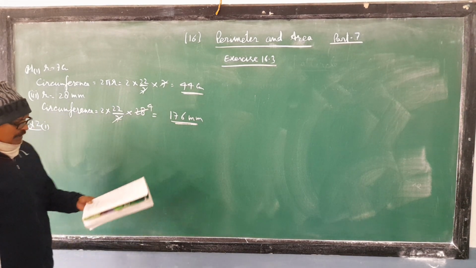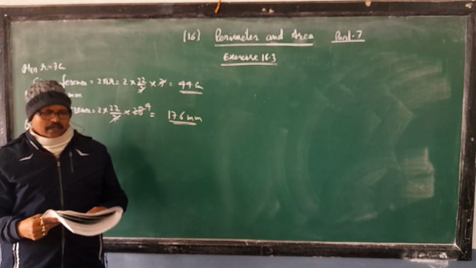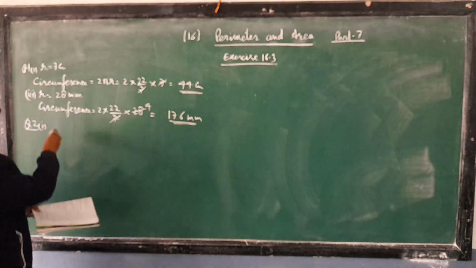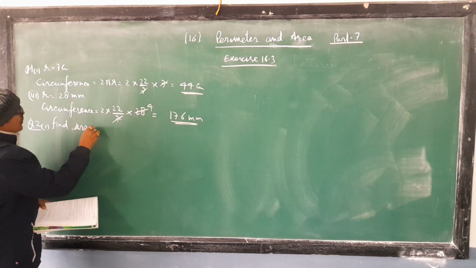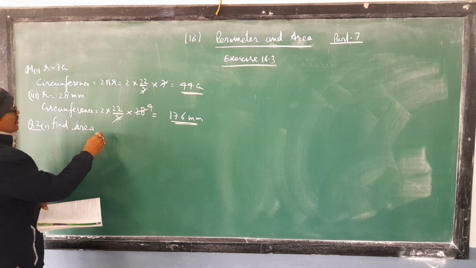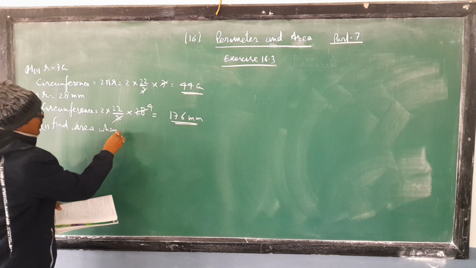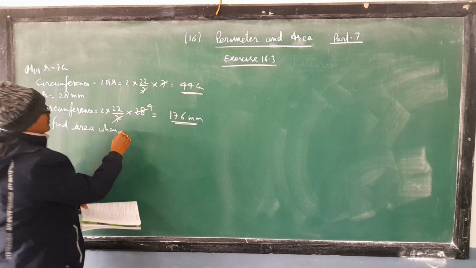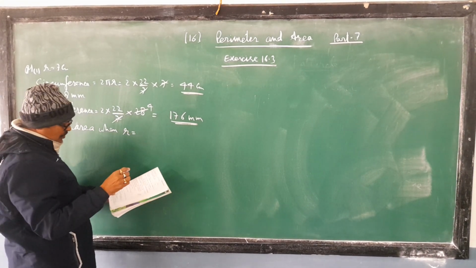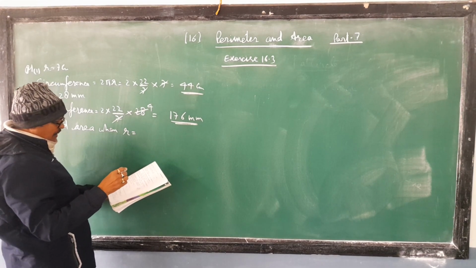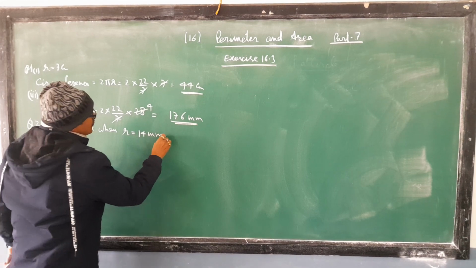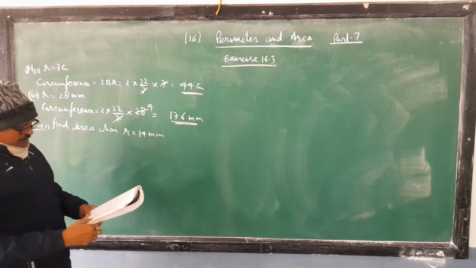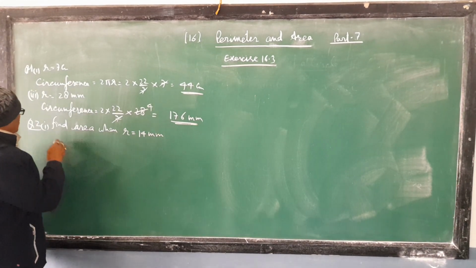First part. In question number 2, they are asking to find the area. In the first part, the radius r is given as 14 mm. Radius is given 14 mm. Then area